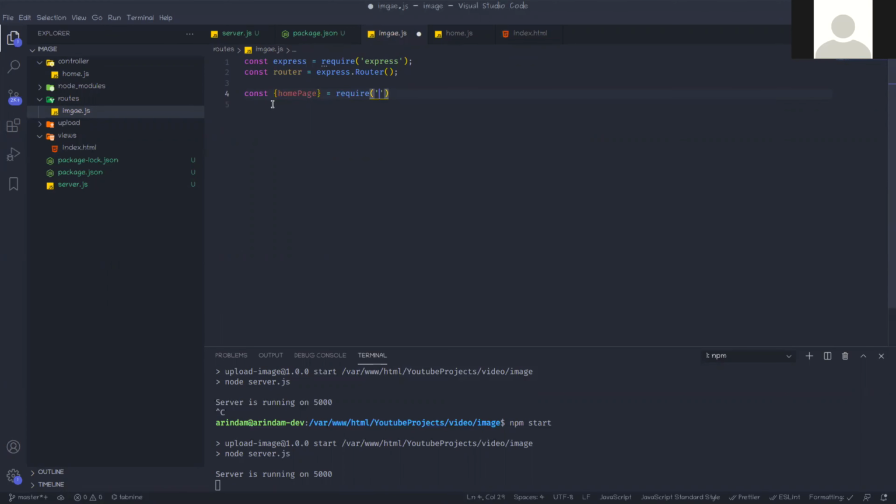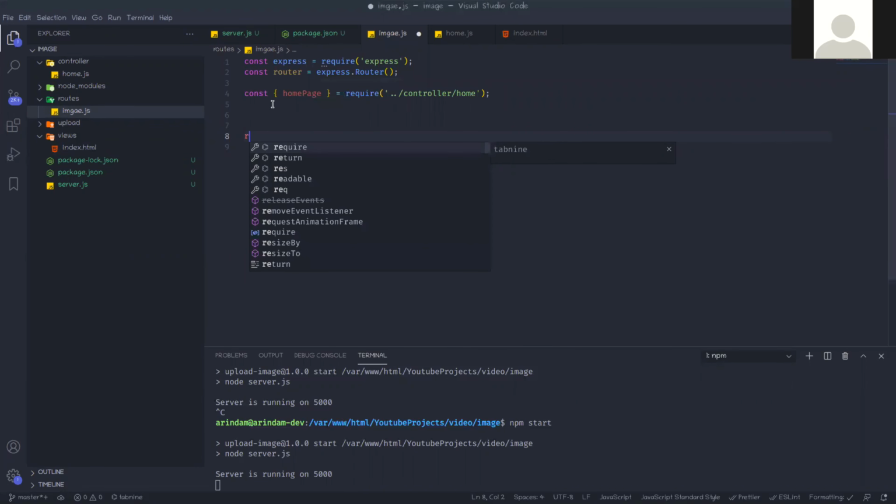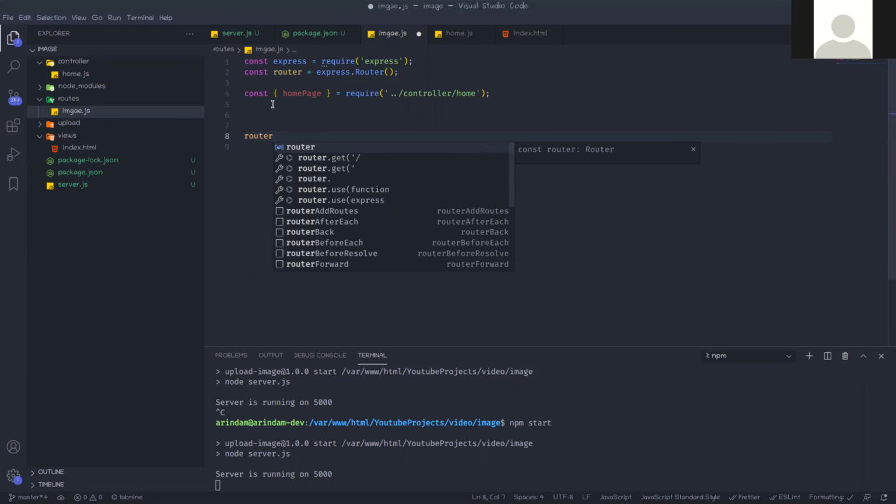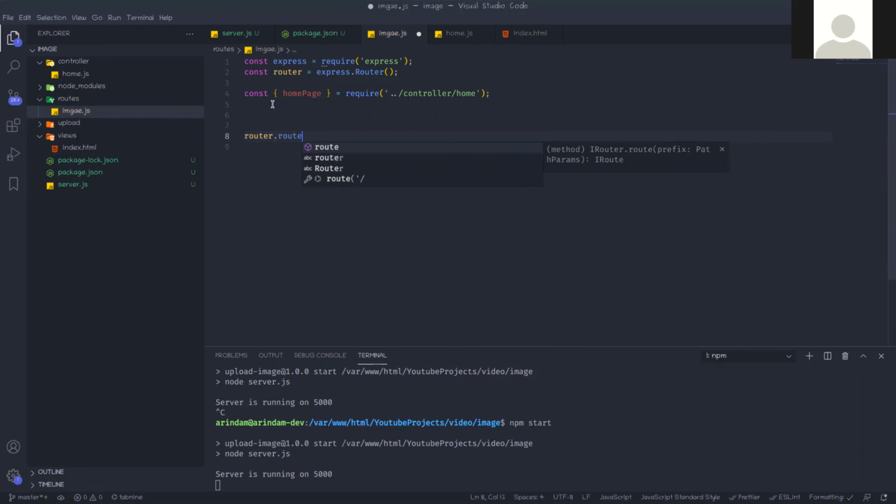Now you need to set the path: controller and that home. Then you need to set the route: router.route. First you give the router path, which should be slash, meaning home.